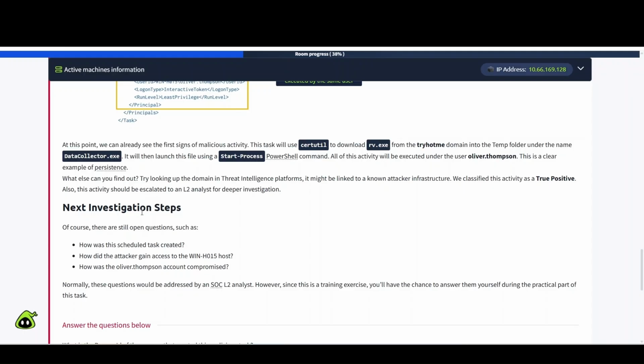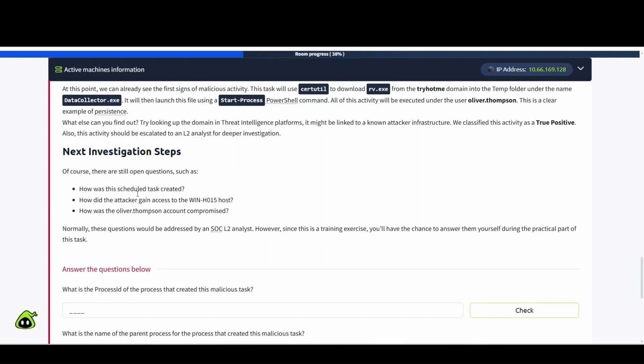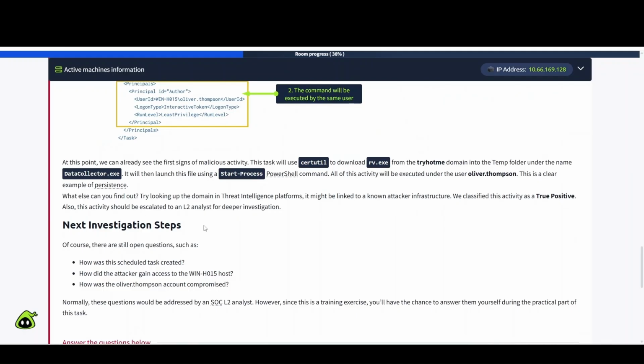Next, investigation steps. Of course, there are still open questions, such as how was the scheduled task created? How did the attacker gain access to win-h015 host? How was the Oliver.Thompson account compromised? Normally, these questions will be addressed by a SOC level 2 analyst. However, since this is a training exercise, you'll have a chance to answer them yourself during the practical part of this task. And also in the real world,